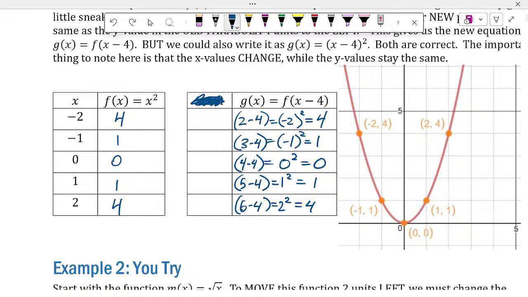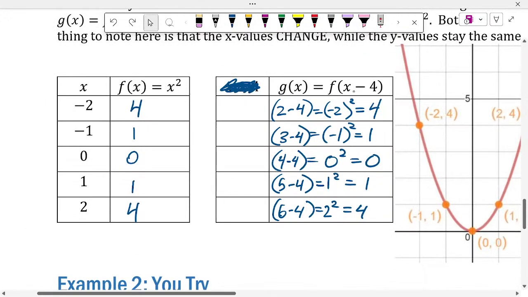But in math, it's because if what we're doing to the x's is subtracting 4, then if I want to get all the same numbers, all I have to do is make sure I start 4 higher than I did last time. Does that make sense? So last time I went negative 2, negative 1, 0, 1, and 2. Here, what did I have to start at? 2, 3, 4, 5, 6. So to get all the same y values,